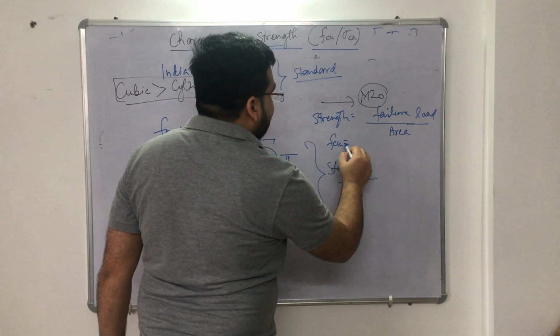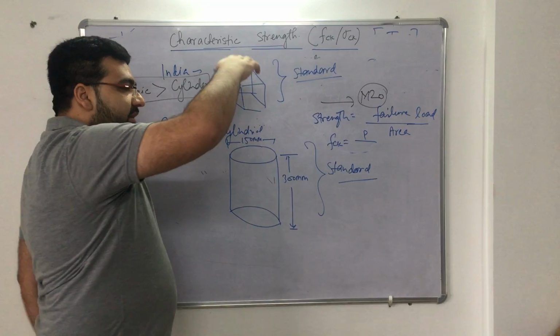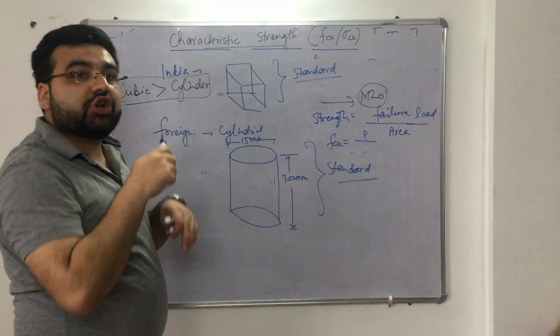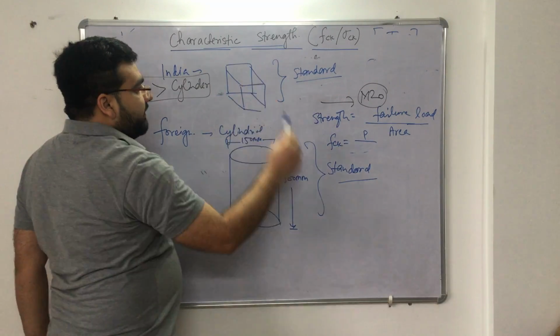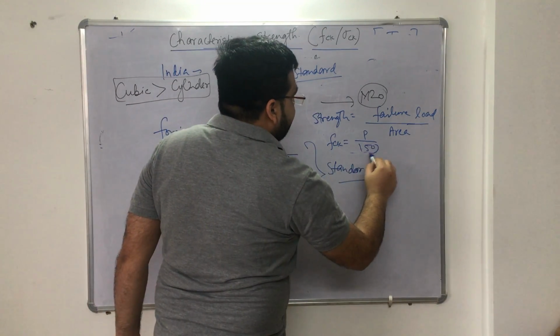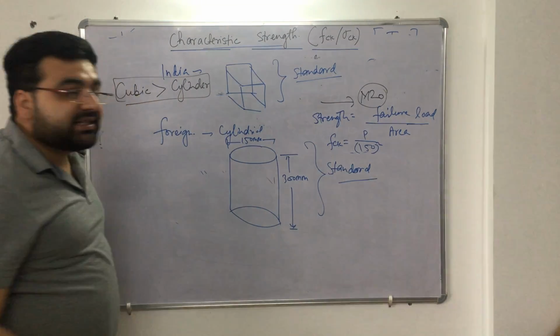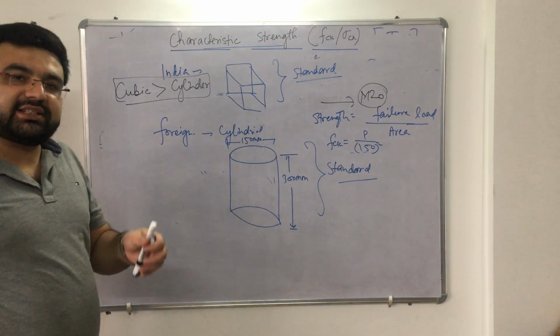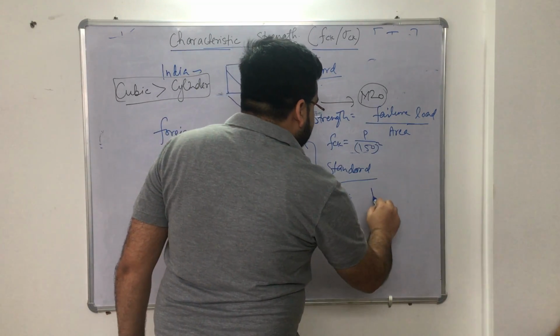It will be equal to P divided by the area of the surface beneath the upper jaw. What is the area? That is length into width, that is 150 into 150, or you can say 150 squared. Simple. But in case of a cylinder, if you are applying the same load P,